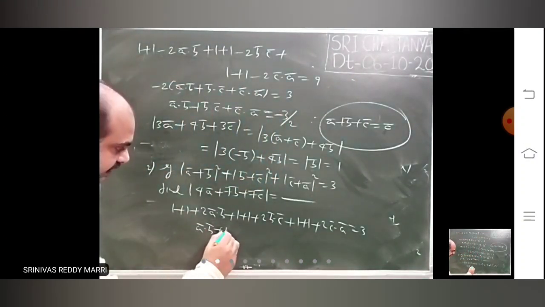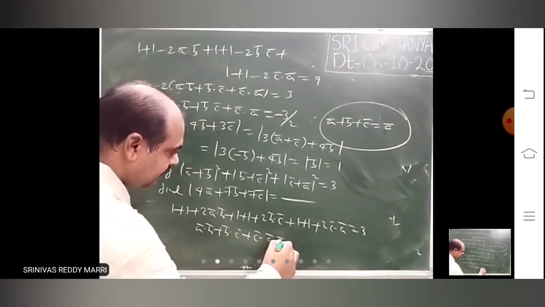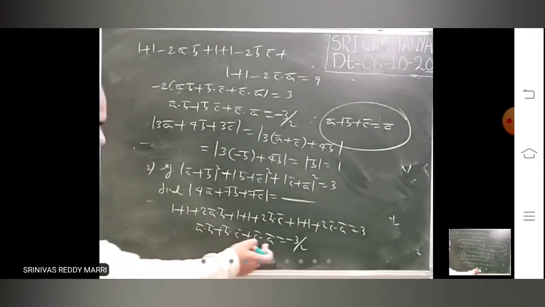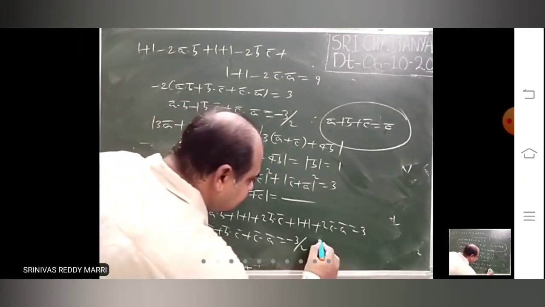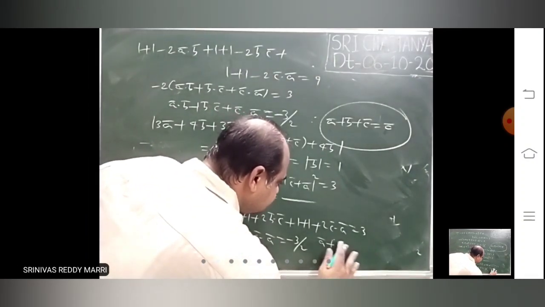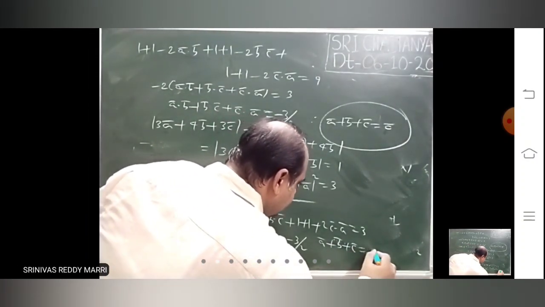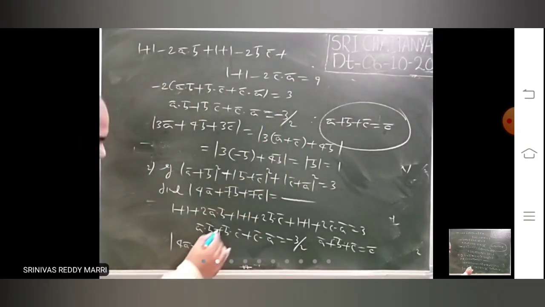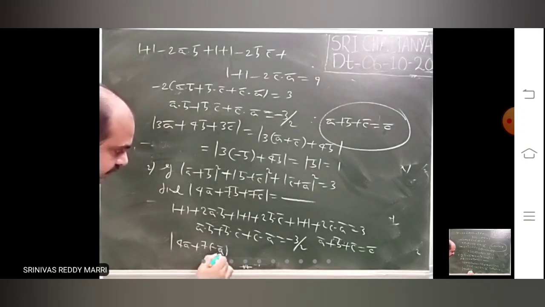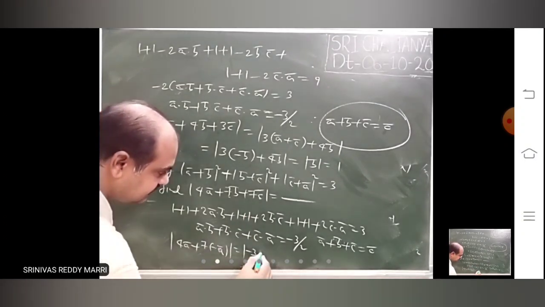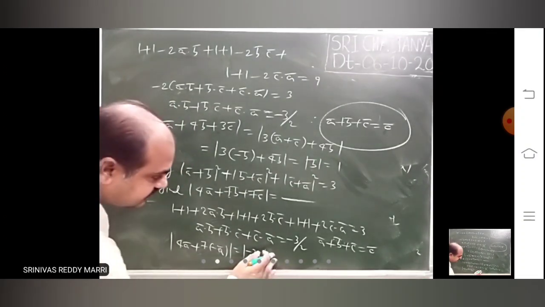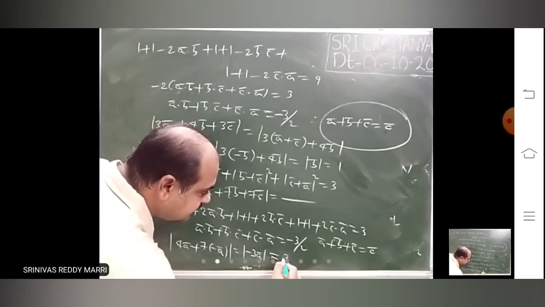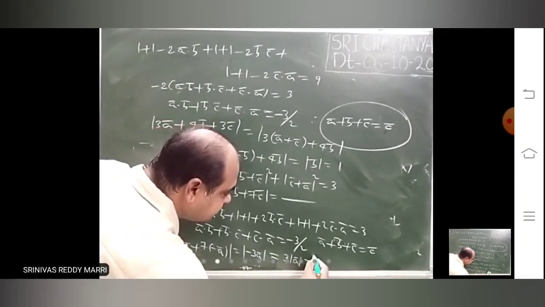That means a dot b plus b dot c plus c dot a is what? Minus 3 by 2. So from the given equation you got this and given unit vectors in the problem. So therefore a bar plus b bar is 0 bar. Now look at 4a bar plus 7 into minus a bar. Therefore this is minus 3a bar. This is minus 3a bar. That means modulus of minus 3 is 3 into modulus a bar.